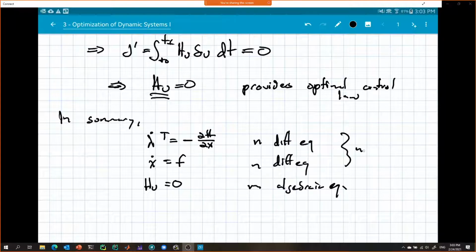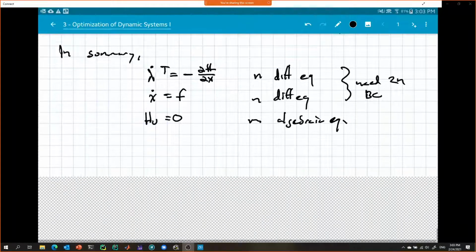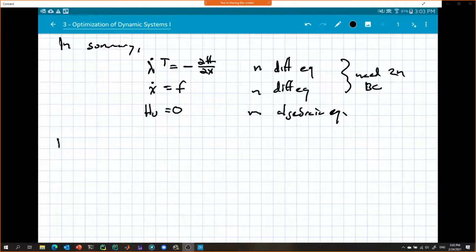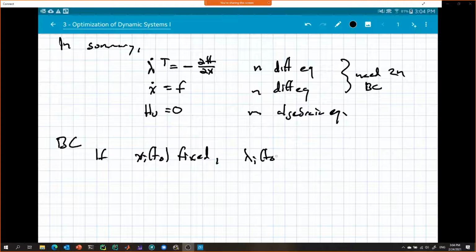So these need two n boundary conditions. So then if we look at the boundary conditions, if the state is fixed, and else